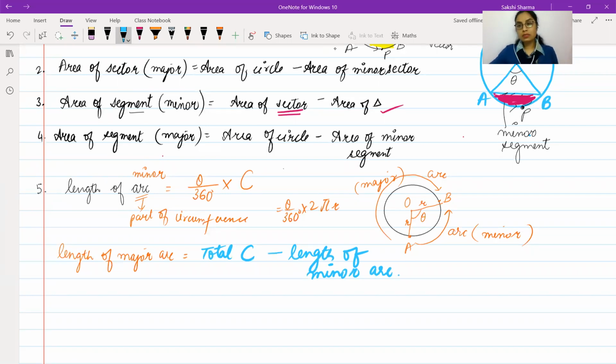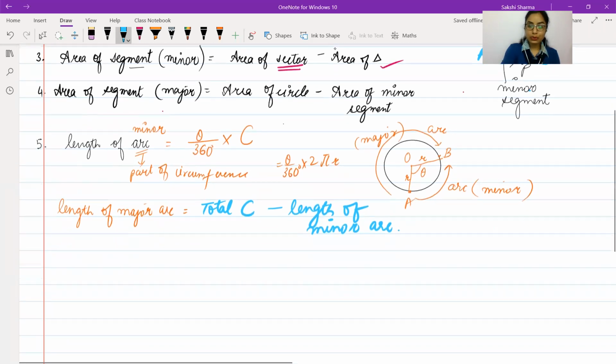Now, the only reason I'm discussing these formulae is that I could just list down the formula and instruct you to memorize it and use it in sums. But when problem sums come, it's important for you to understand what the question is asking and how you have to find it out. If you understand how to find out what you have to find out, it will be easier to do that question. That's the only reason I'm discussing these. And if you want to skip this part, I'll just list down the formulae and we will start with the questions. But these will actually help you in your questions.